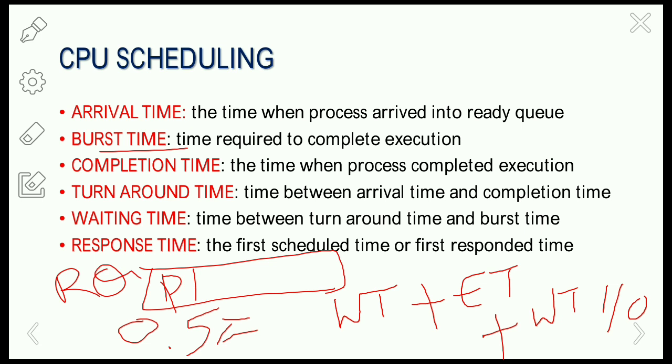And the next is the throughput. Throughput is the number of processes a CPU can execute in a particular amount of time. Evaluation of the throughput must consider the average length of a process. On a system with long processes, throughput will be less than on a system with short processes. So it depends on the systems.